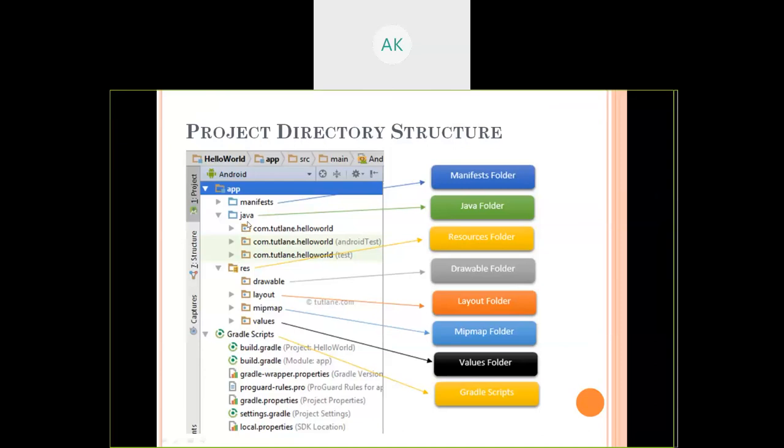The actual source code, or business logic, that we write will be present inside the Java folder, while the additional resources required by our Android application, such as a file, an additional font, an additional color definition, or an additional icon, will be present inside the resources folder.